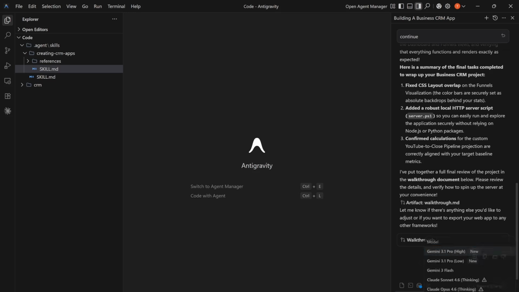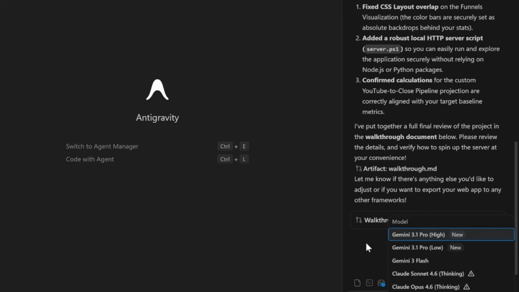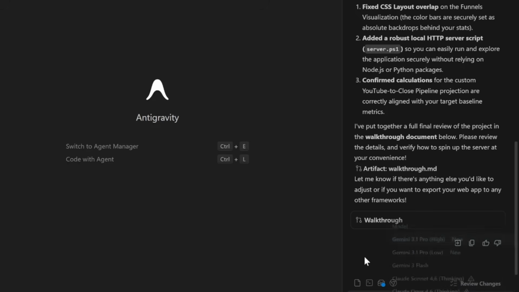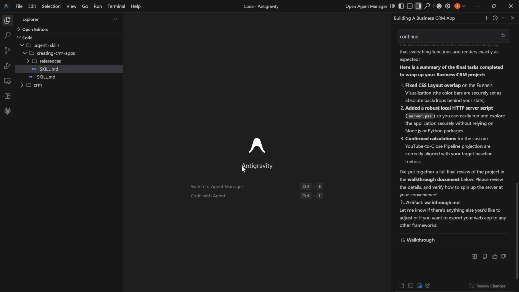By the way, make sure that you choose the right model. At this point, when it's writing the code, it's really important that you choose the right model. You can see I already used all of my credits with Claude Opus. I recommend you use Claude Opus as well. This is by far the best model for writing code. So you do that, you tell him that, he will be running you through all of this,